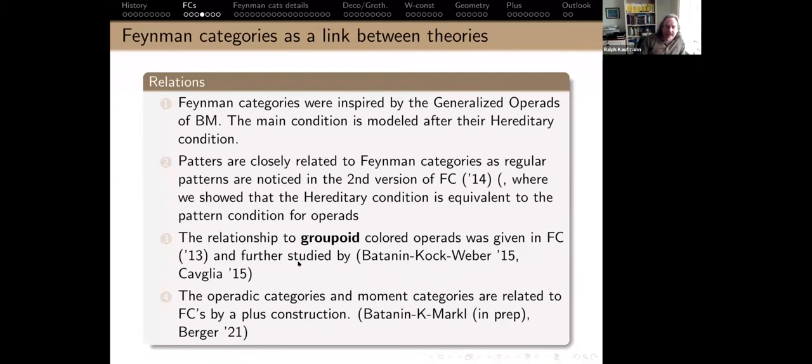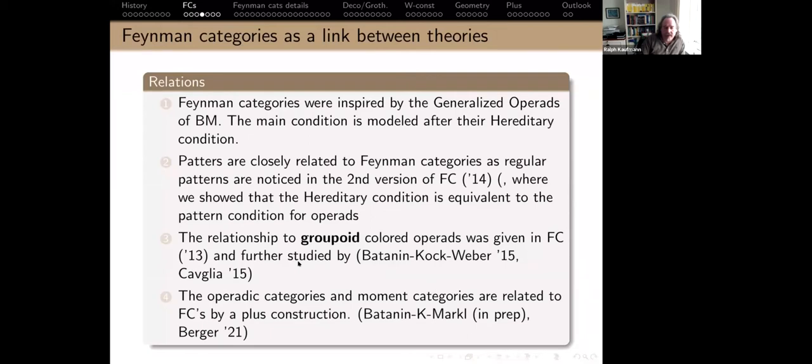And that leaves the other two candidates, operatic categories and moment categories, and they have a very interesting relationship. And it's in a sense what you would expect, because one is object-based and one is category-based. And the interesting thing is they're related by plus constructions. So together with Michael and Martin, we've been trying to make this strict in